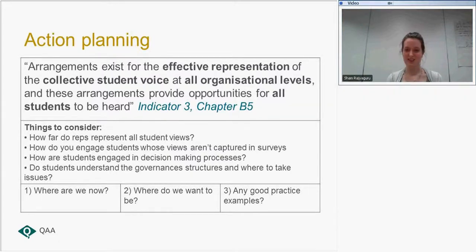I don't think the current representation system we have does represent them, because, certainly in first year, they've just landed in a new way of learning, and then they're asked, who's going to be the course rep? It's normally the hyper-engaged, someone who knows someone already at university. And in six weeks' time, they're suddenly in a board of studies. They're only going to represent their bubble or the friends they've made.